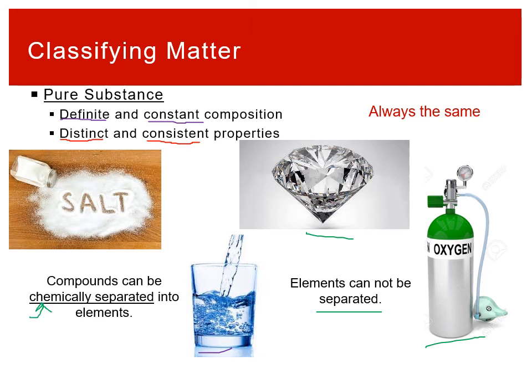Water is made of hydrogen and oxygen. Table salt is made of sodium and chlorine. So you can break them apart into those elements, and that process is called chemical separation. It may not be easy, but you can still do it. Right? Water, if you run a current through it. Breaking apart salt is much more difficult, but you just need a ton more current as opposed to a simple household battery in order to break that apart into its component elements. But it is possible, which is important.